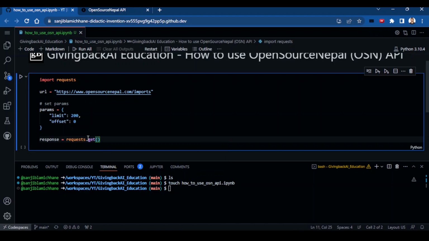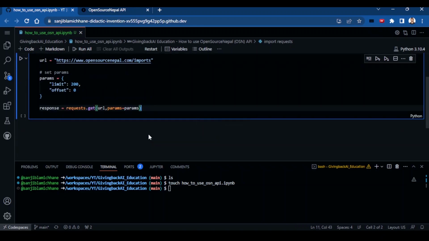If you hover over here, you can see get takes the URL, which is defined here. The other thing is parameters, params equals params. So the parameters would be coming from here. Cool. You can also name it differently, but let's just keep it simple.